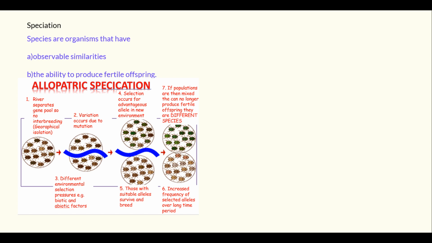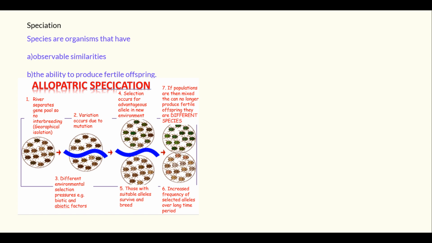And each of these populations will be susceptible to their own variation that's been caused by mutation. Now, this variation might have been generated by different selection pressures. The top side might have a lot more grass, the bottom side might have a lot more forest. Therefore, the top side might want to evolve to be greener, and the bottom side would evolve to be a